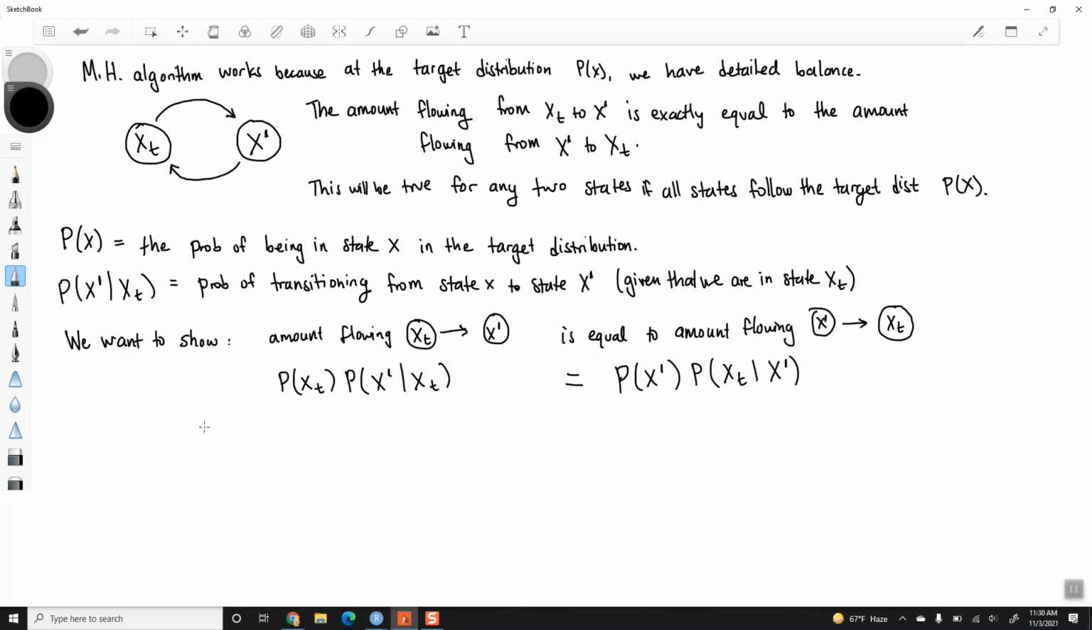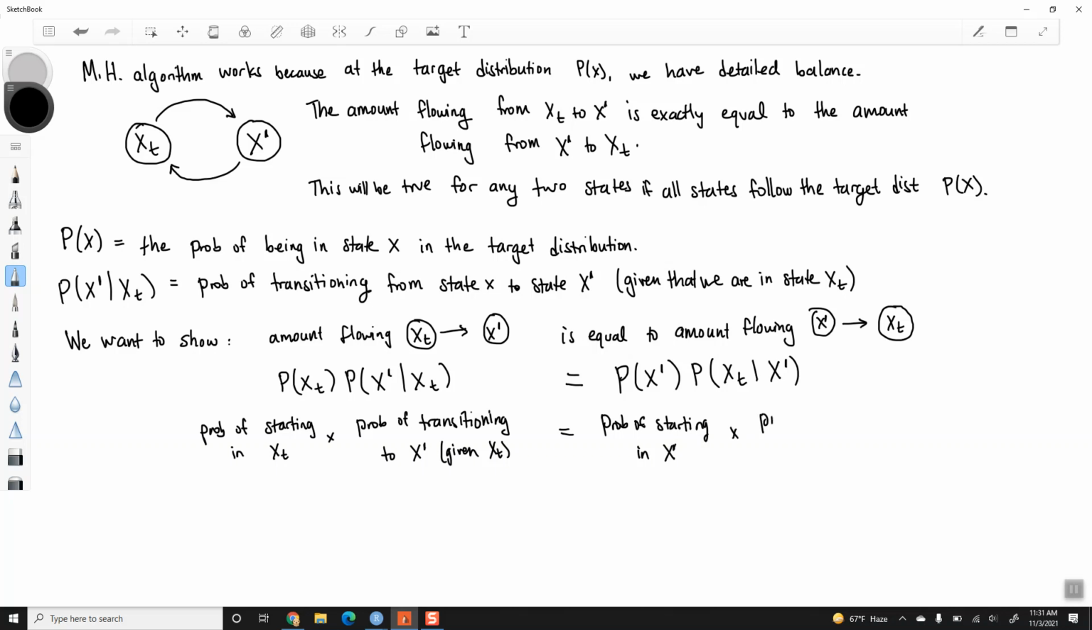I label this, so this will be the probability of starting in x prime times